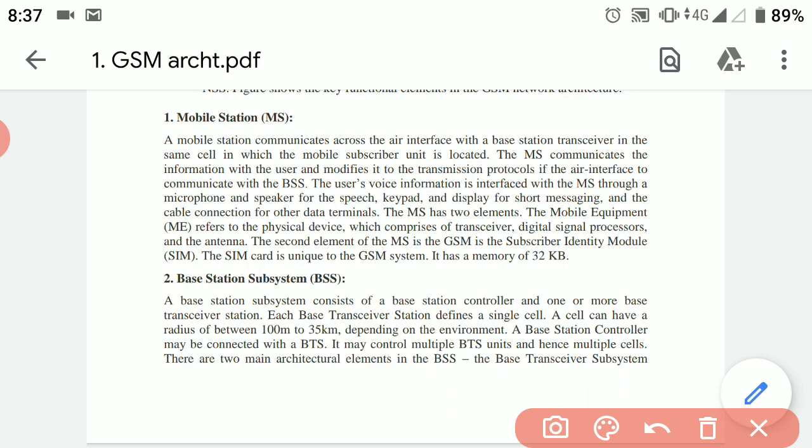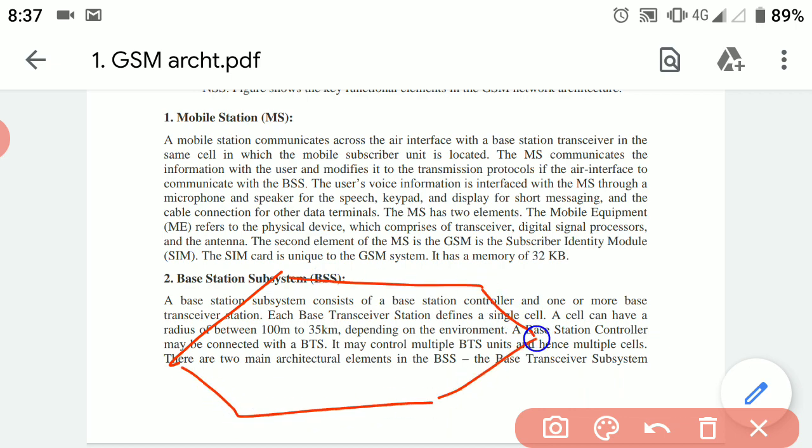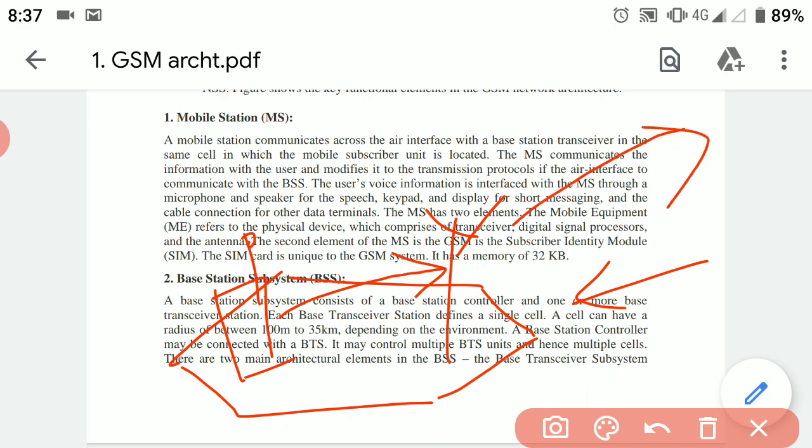Actually, for example, we have a mobile unit in a particular area which is actually divided into a number of cells. We are taking a cell in that geographic area. It has a BTS, and we have one user, that is mobile station. So this mobile station first of all communicates with this BTS, then this BTS allows the communication with other users.